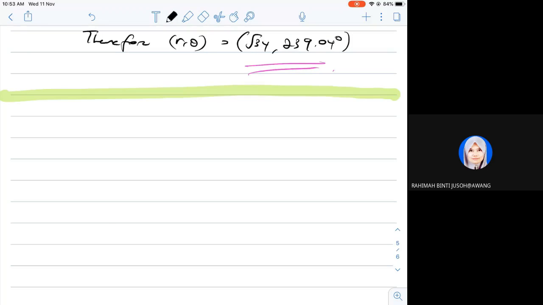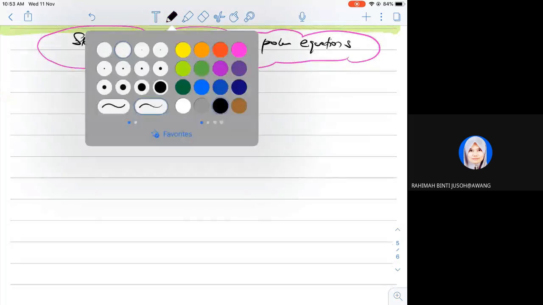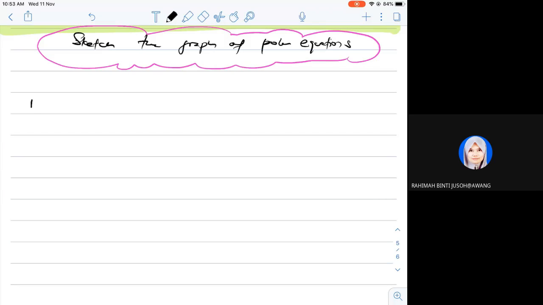Okay, now graph in polar coordinates, graph sketching. Sketch the graph of polar equations. Okay guys, number one. If r equals 5, for example, okay, we will have a circle